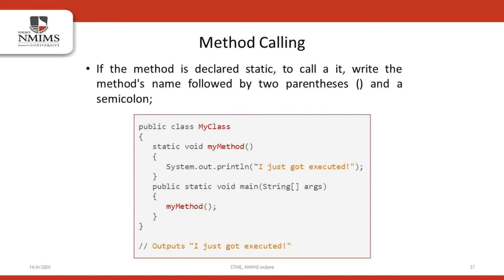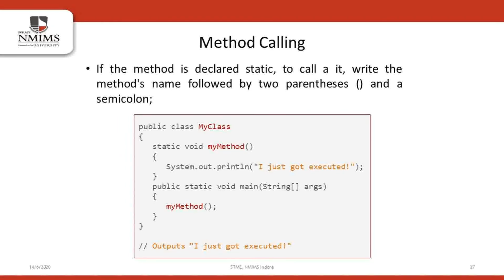Now coming to Java static method. If you apply static keyword with any method, it is known as static method. A static method belongs to the class rather than the object of a class. The method can be invoked without the need of creating an instance of a class or an object of a class. And the method can access static data members like variables and can change the value of it.